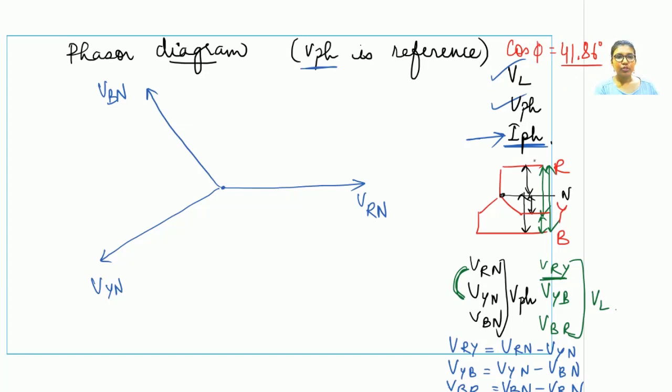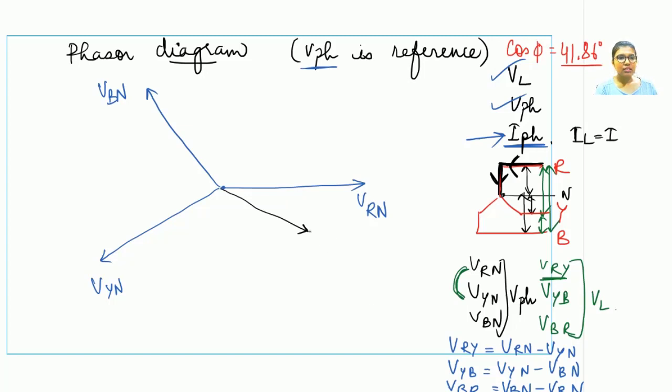Now what is the phase current? If you look onto this star representation, phase current is the current which actually flows through the phase. This is the current, but it is also the same as the line current for a star connection. So for a star connection, IL is equal to I phase. Now as we had obtained that this is a lag circuit, lag circuit means the phase current would lag the phase voltage, because if it is an inductive circuit, the current has to lag the voltage.